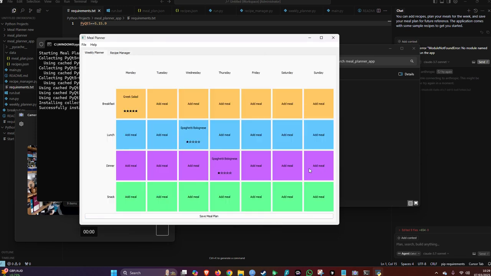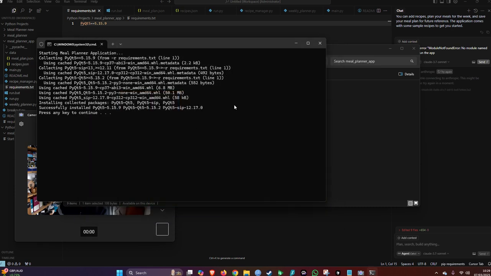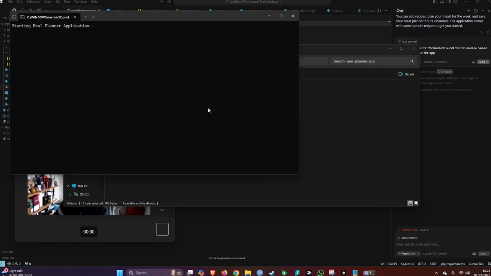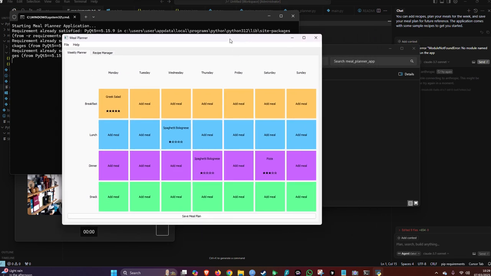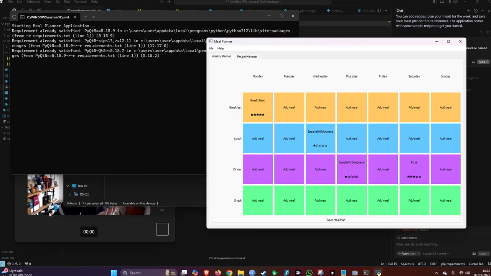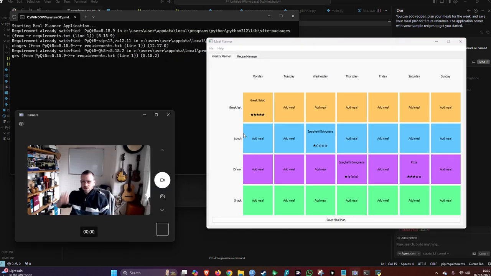And recipe delete. Fantastic. So on Saturday we had pizza. That is very cool. And save meal plan. And if I remember this correctly, this should be persistent. It is! That is fantastic. What are we at now? 14 minutes? Now, if we didn't have all the faffing about with error messages, I'd say we could have done that in probably about 9 minutes. But yeah, fully working application, and I wrote absolutely no code, just all with prompts using Cursor, Sonnet 3.7, and